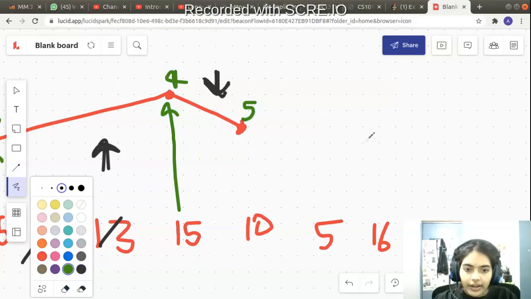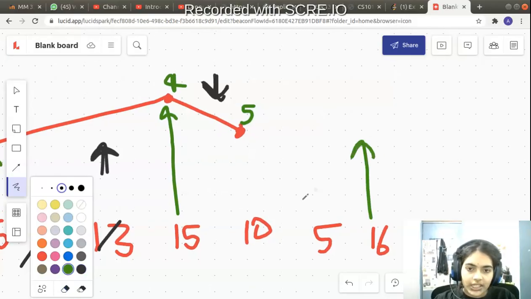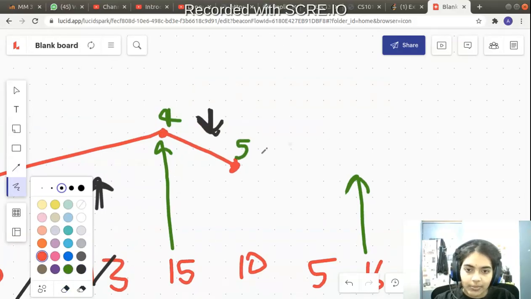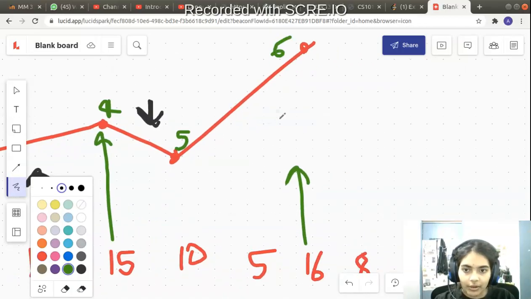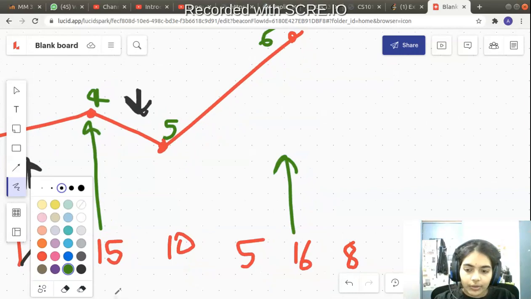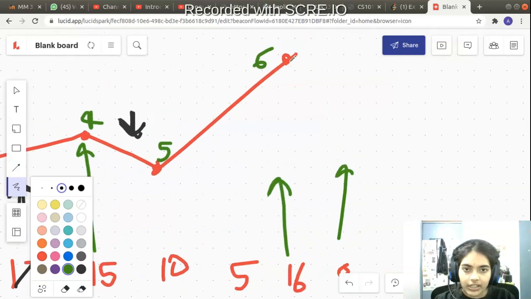So let's think of the next node which will aid in the wiggle subsequence, which is 16, right? 16 will aid me in my wiggle subsequence. So after 5, I go to 16, a very large quantity. So my sixth node is helping in my wiggle subsequence. Now I go to the next node, which is 8. So after 16, when I come to 8, it would have decremented my value a lot. So now this is my seventh node in line in the wiggle subsequence.